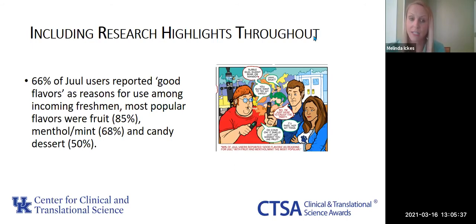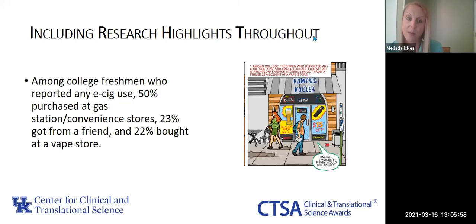And if you look at that scene, it's really about flavors, and that fruit flavors were really popular. And so you can see the little bubbles that have different fruit flavors that are depicted. The colors also depict the fruit flavors, but we really wanted to pull that out in terms of this is supported by research. And then here's another example.